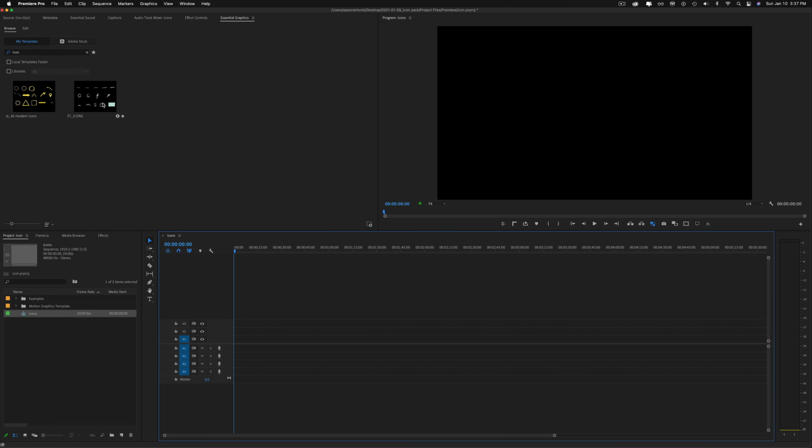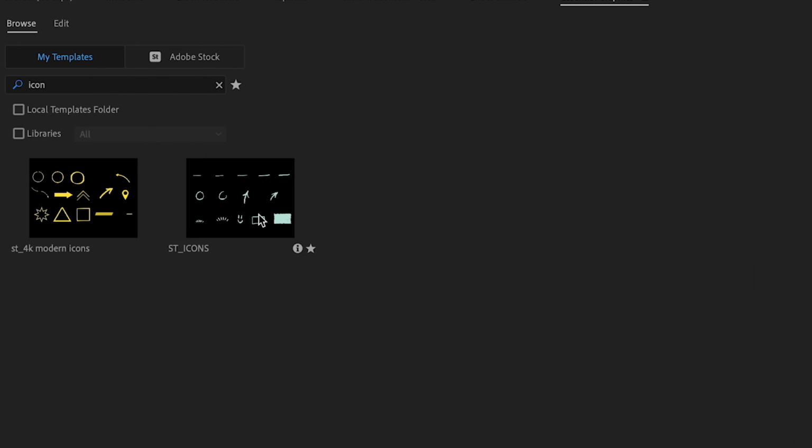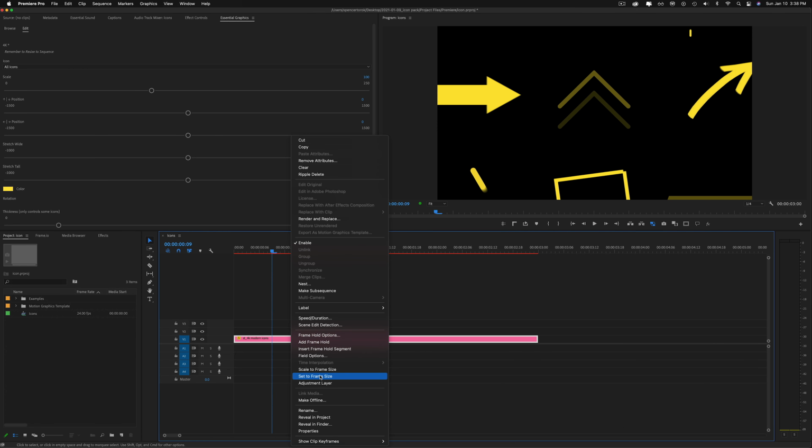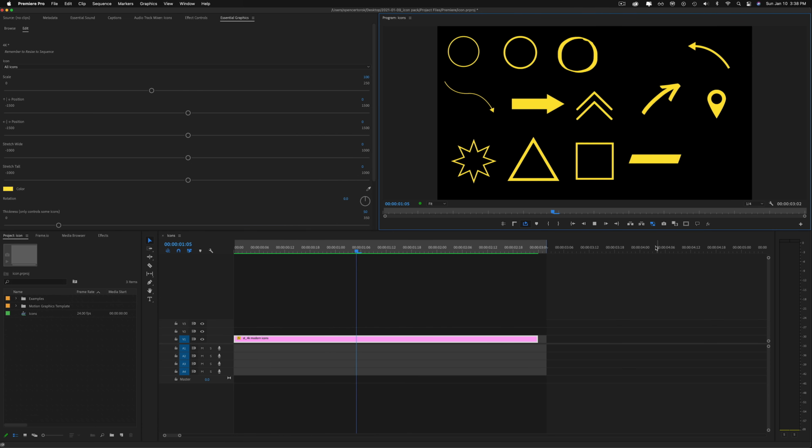Okay, so I jumped into Premiere and I've installed the new icon pack. If you have the handwritten pack, you'll see these guys, but I just wanted to do another pack that is a little bit more simple, a little bit more modern. It's basically just made with shape layers. It is 4K. I am in a 1080 timeline. So you can see here all the options,